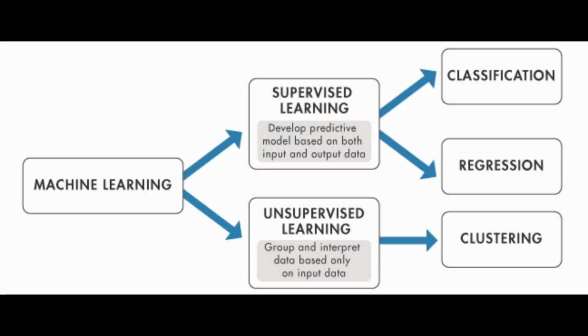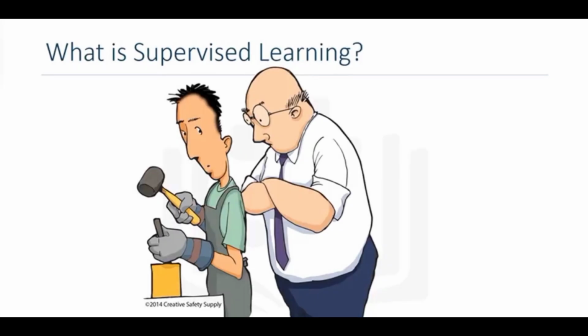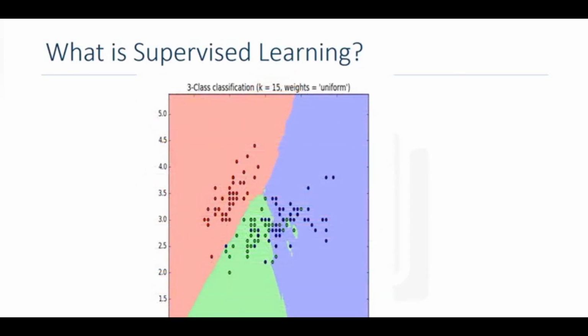There are two categories of machine learning, supervised learning and unsupervised learning. An easy way to begin grasping the concept of supervised learning is by looking directly at the words that make it up. Supervised means to observe and direct the execution of a task, project, or activity. Obviously, we're not going to supervise a person. Instead, we're supervising a machine learning model that might be able to produce classification regions like we see here.